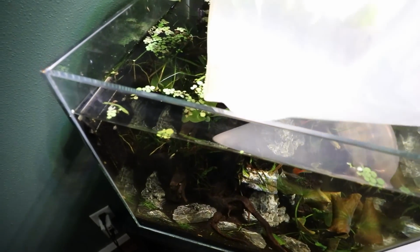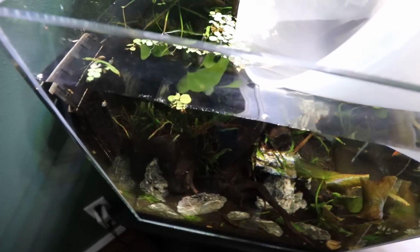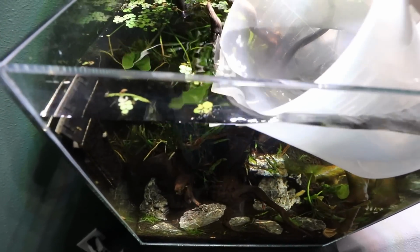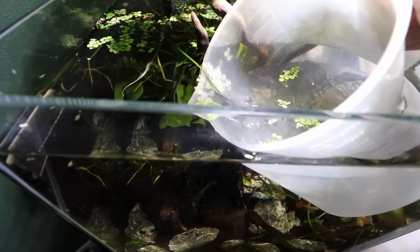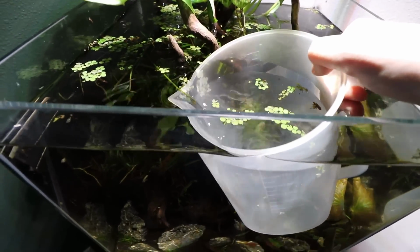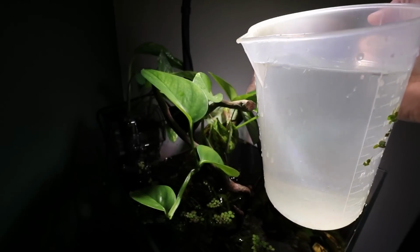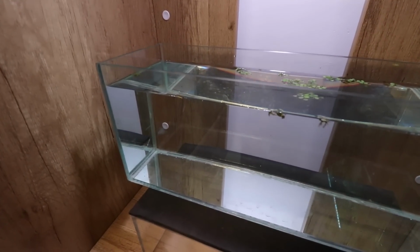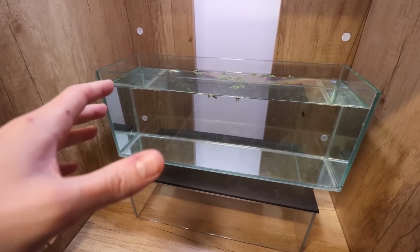Because I like to be nice to my guppies, we are going to fill this up with a full jug of water, so that when we put our mom and dad in the new tank, they're going into the same exact water that they've been in. I didn't quite do the math on that one, so we'll probably cut it with some tap water. So that holds 9,000 mils, give or take,